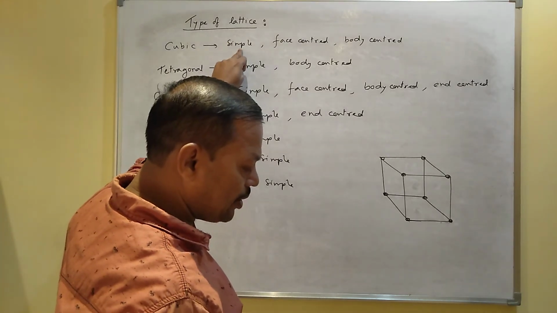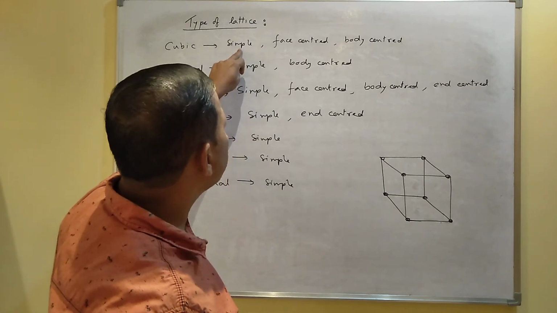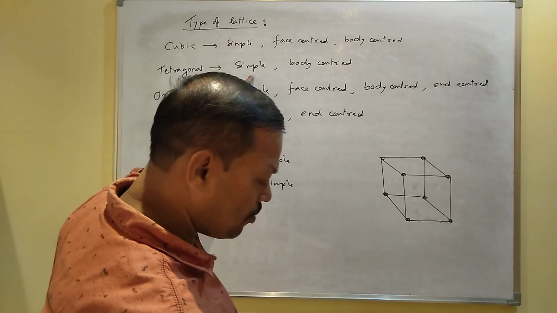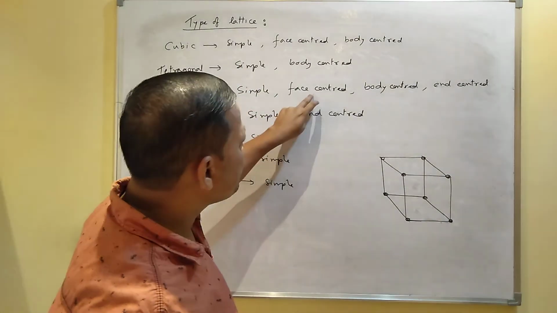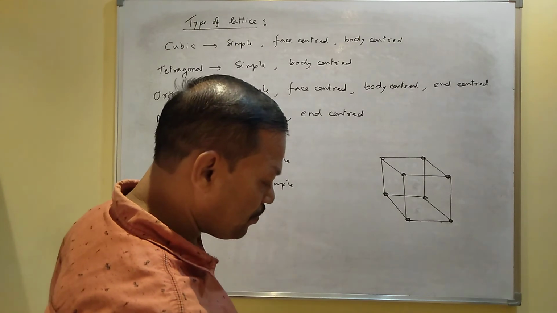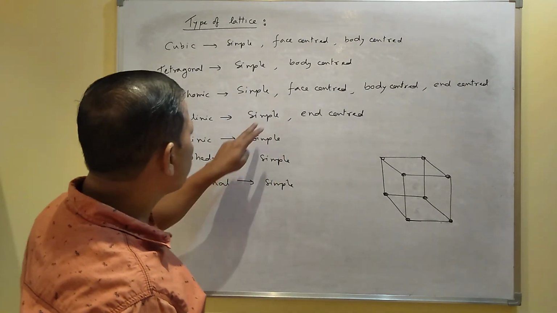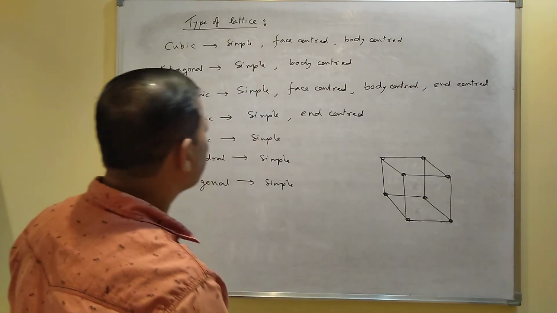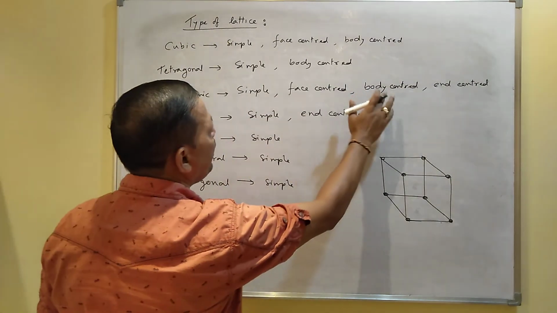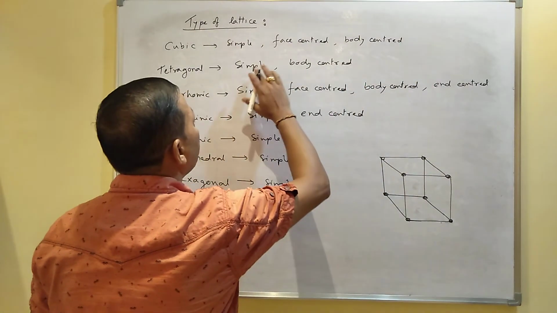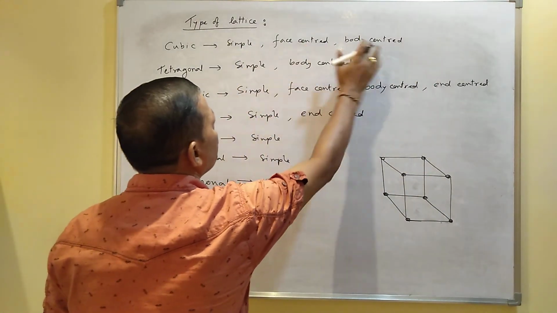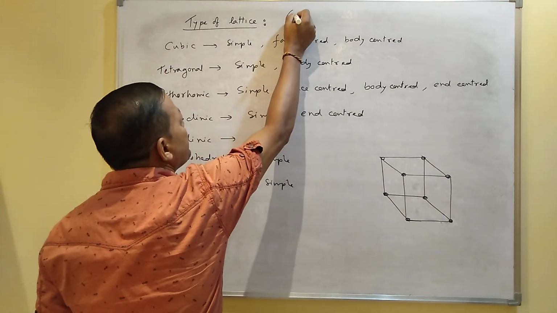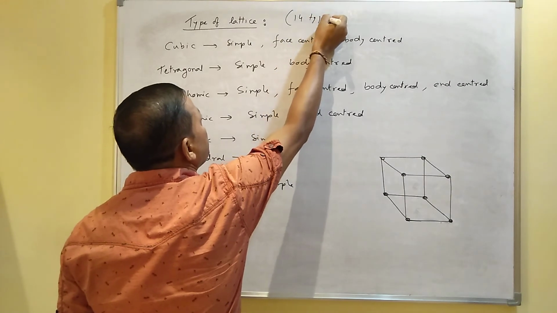From cubic, you will get simple, face centered and body centered, 3. Tetragonal produces simple and body centered, 2. Orthorhombic gives simple, face centered, body centered, end centered. Monoclinic produces simple and end centered, and the other 3 produce simple. So 3, 4, 5, 6, 7, 8, 9, 10, 11, 12, 13, 14. Yes, 14 lattices you will get, and these 14 types of lattices